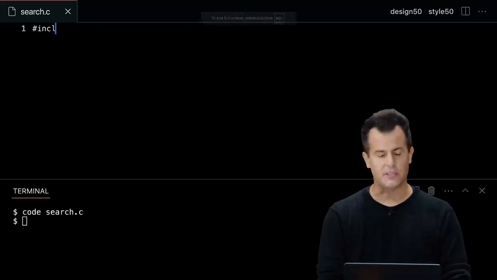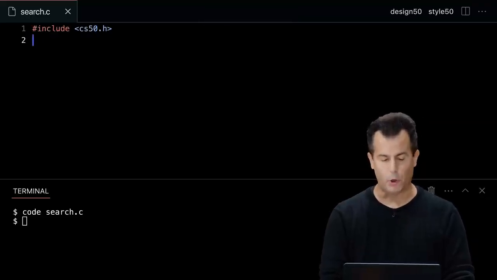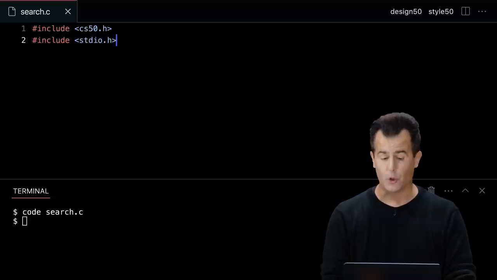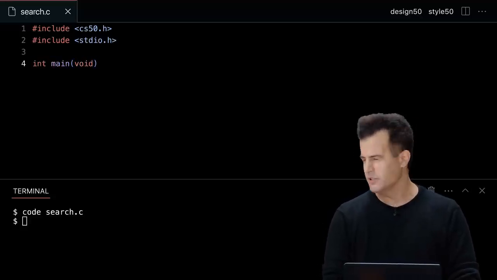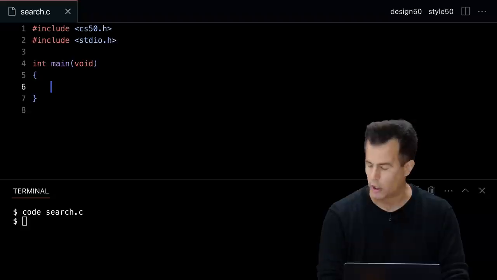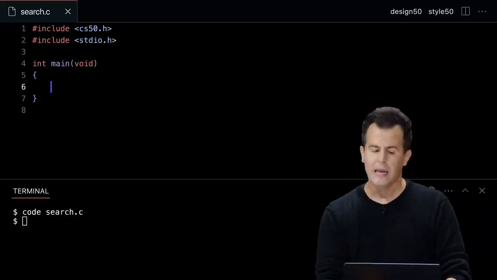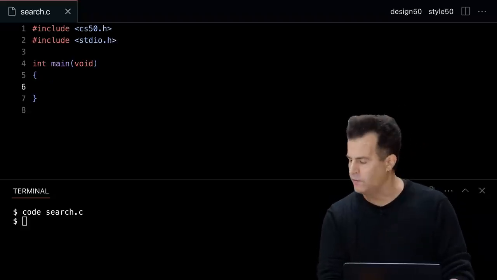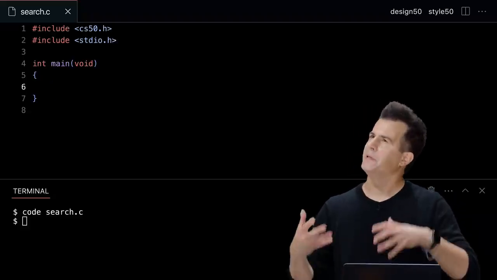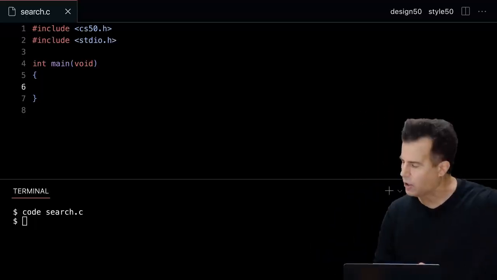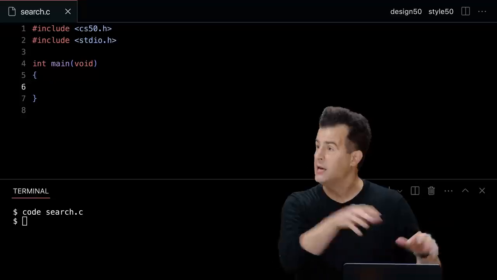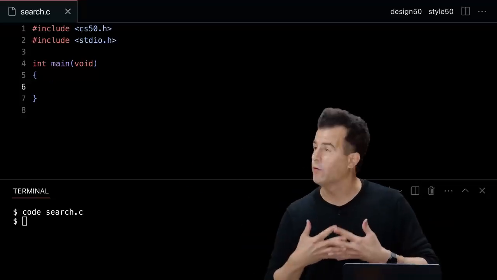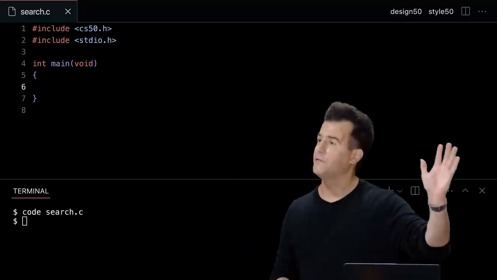And in here, I'm going to use the CS50 library at the top so I can get input. I'm going to use stdio.h so I can print stuff out on the screen. I'm going to use int main(void) because for today, I don't really care about command line arguments for this particular program. And let me start with an array of values. Suppose I want to implement in code the idea of these lockers containing those random values initially, and implement in C the very first algorithm we enacted with our volunteers, which was searching from left to right.